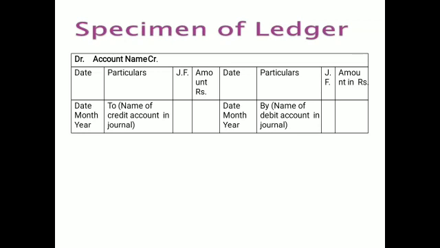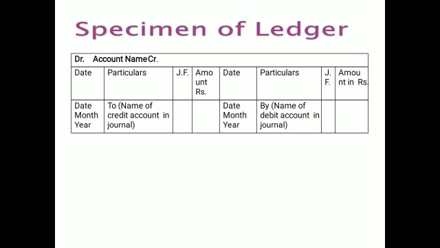You have to come to the debit side of that particular account and put, in the particulars column, To the credit item called sales account. So here you write To sales account. In the same manner, if you are preparing the sales account, write the sales account at the top. Since sales is credited, you come to the credit side of the sales account and put By the name of the debit item, like RAM. It means in the sales account By RAM will be put, and in the RAM account To sales will be put. That's why the debit and credit totals always remain the same, and that's why the trial balance can tally.